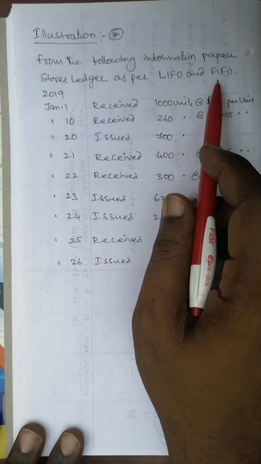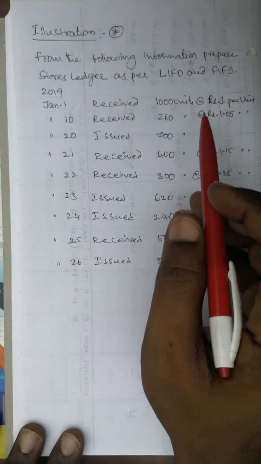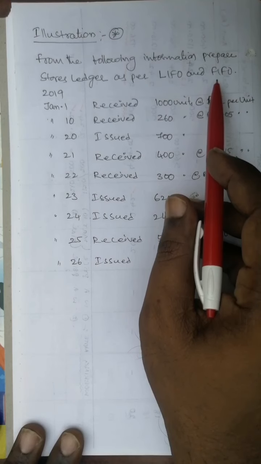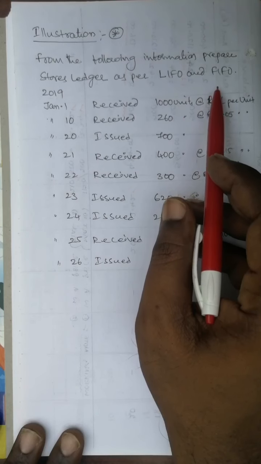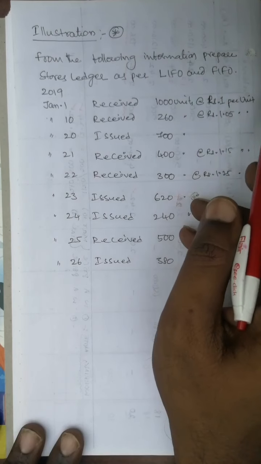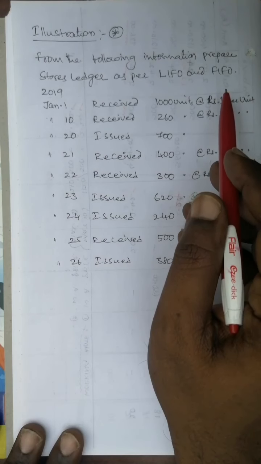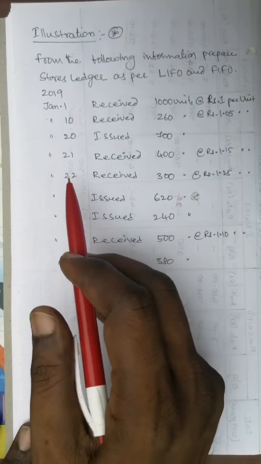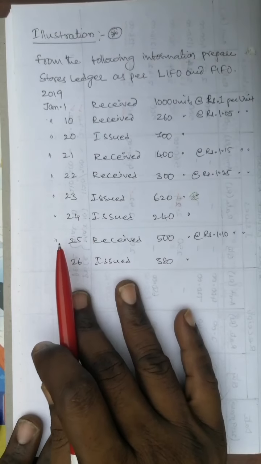Similarly, when we apply FIFO method, first in first out, we record all the receipts in chronological order whenever they are received, and issue the material to the production department on the basis of first come: the material received first and stored first in the stores will be issued first to the production department. The same quantity and the price will be taken in the FIFO method. Now in this problem we apply both LIFO method and FIFO method as asked in the illustration.